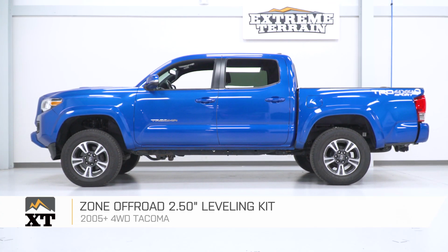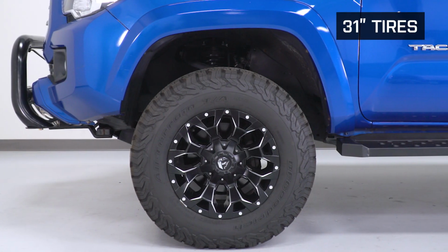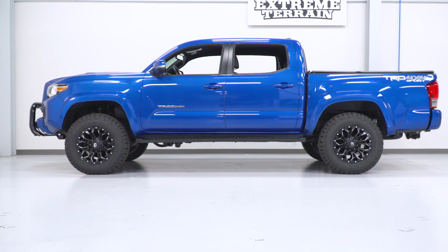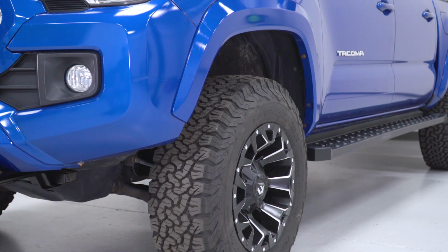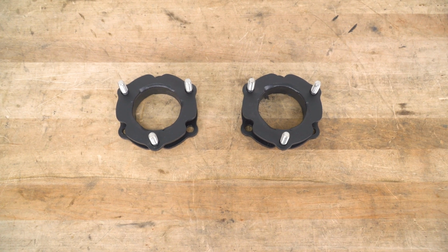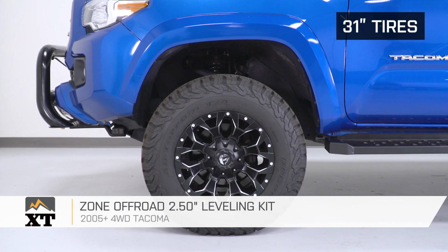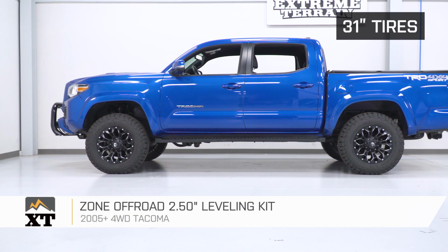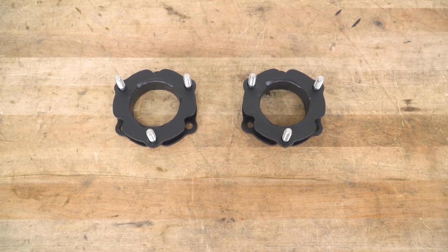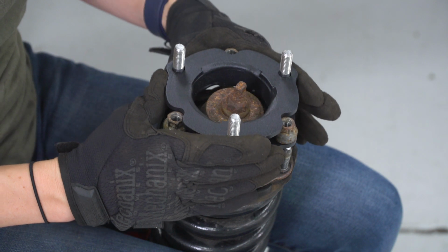This leveling kit allows for the addition of up to a 265/75 tire, which is the metric equivalent to about a 31-inch tire, while still leaving plenty of clearance while driving and eliminating the factory rake. This kit consists of 2 strut spacers for each side that will increase the height of the front of your truck 2.5 inches, giving your truck a more level appearance. The spacers feature steel construction, and the kit includes all the hardware you need for installation,